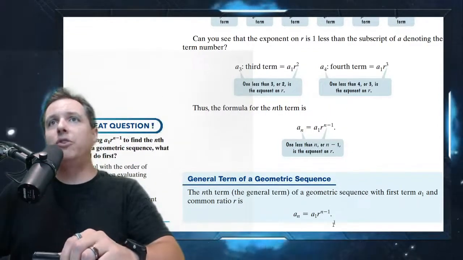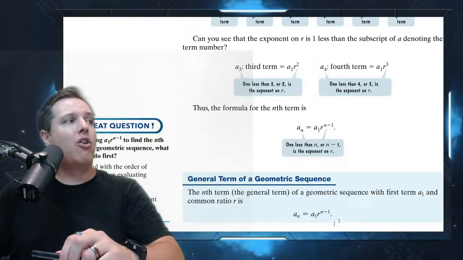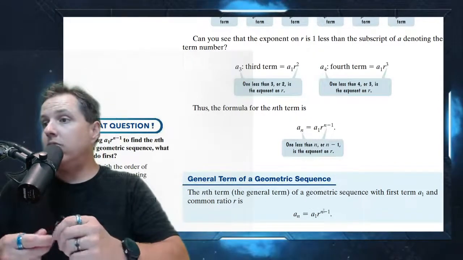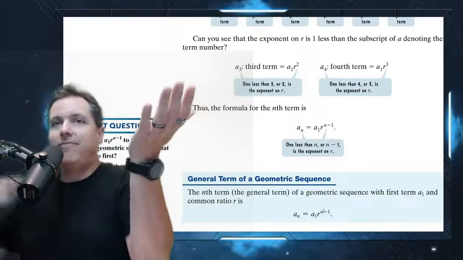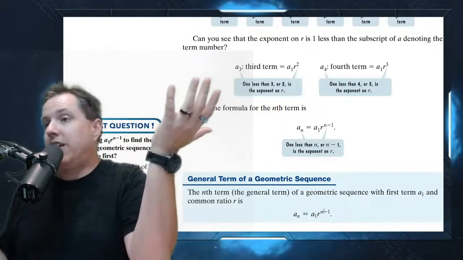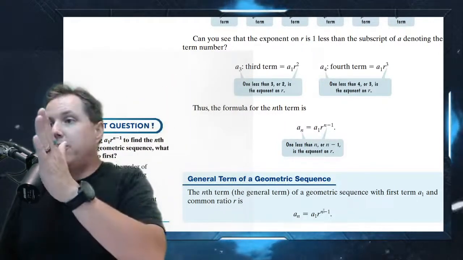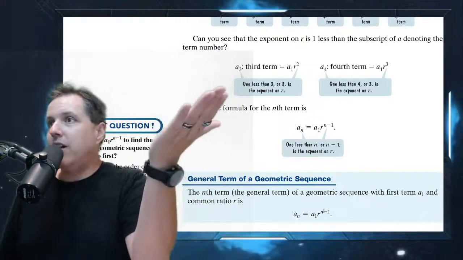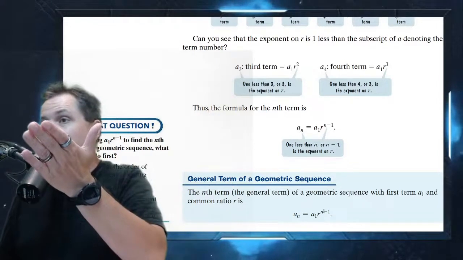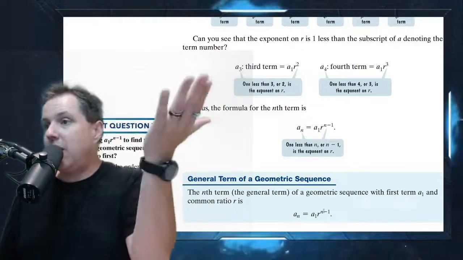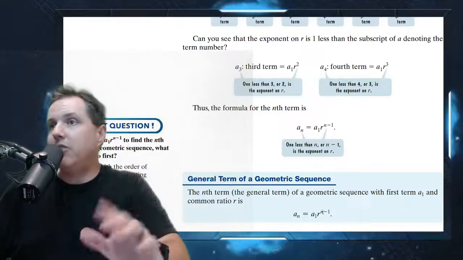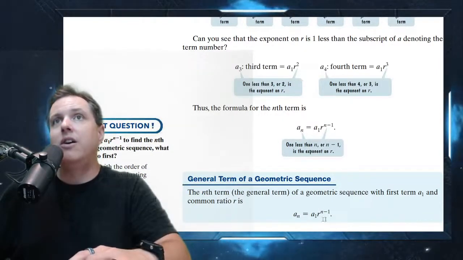Well, what you do have to do is analyze and figure out what your r value is. That's your common ratio. And we saw that was easy. Just take 2 consecutive terms. Take the third term and divide it by the second term, and whatever you get, that's your common ratio. Or take the 7th term and divide it by the 6th term. That's your common ratio. So the common ratios are not hard to find, right? You just divide the 2 consecutive terms that you have there.